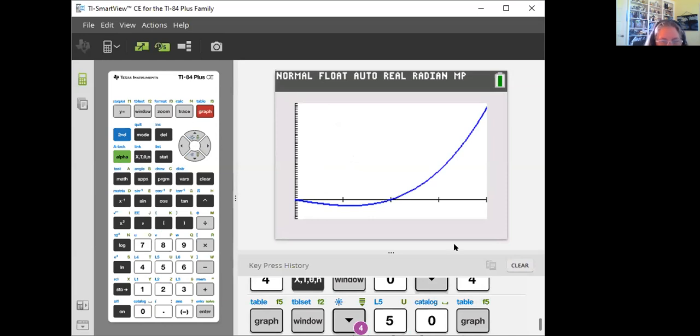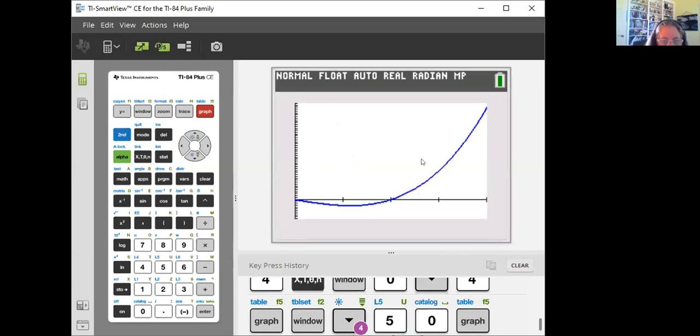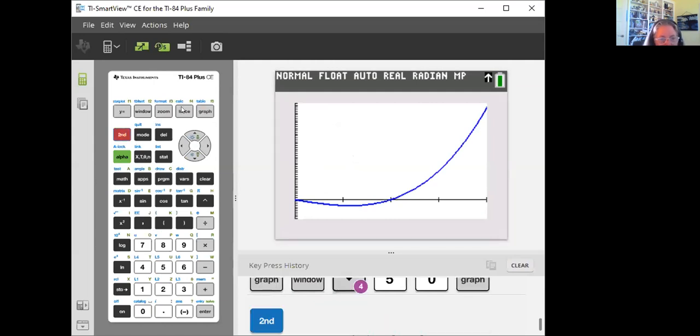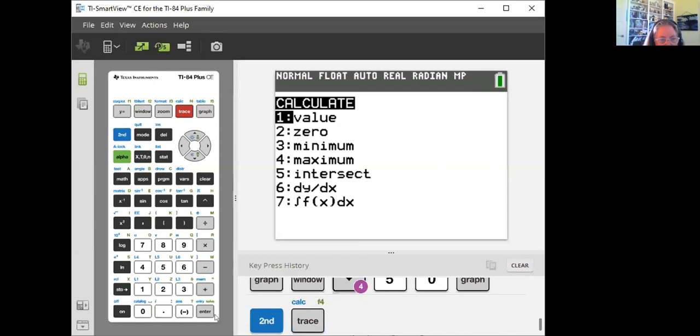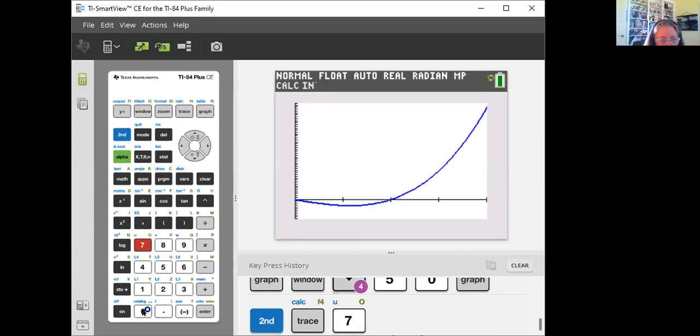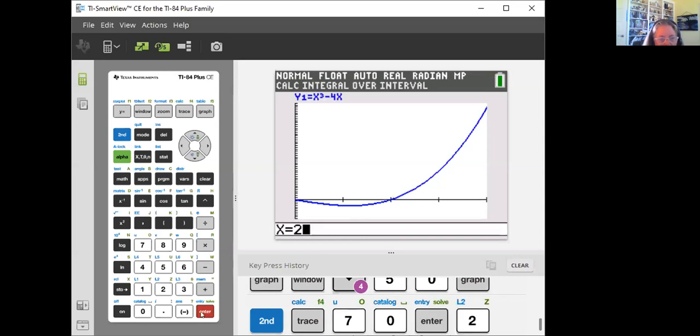The problem is between the x-axis, if I just integrate from 0 to 4, this area right in here is going to be negative from 0 to 2. Now there's two ways to deal with that. The first is to go second calc. You're going to integrate only from 0 to 2, lower limit 0, upper limit 2, and that area